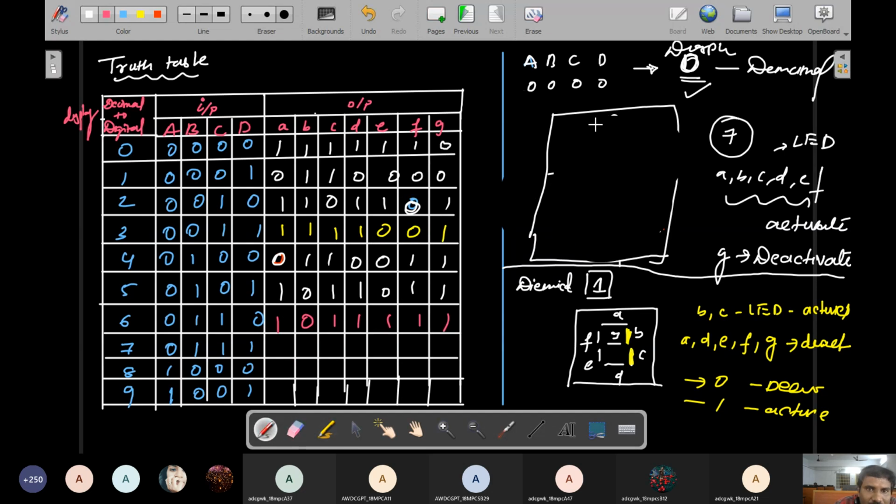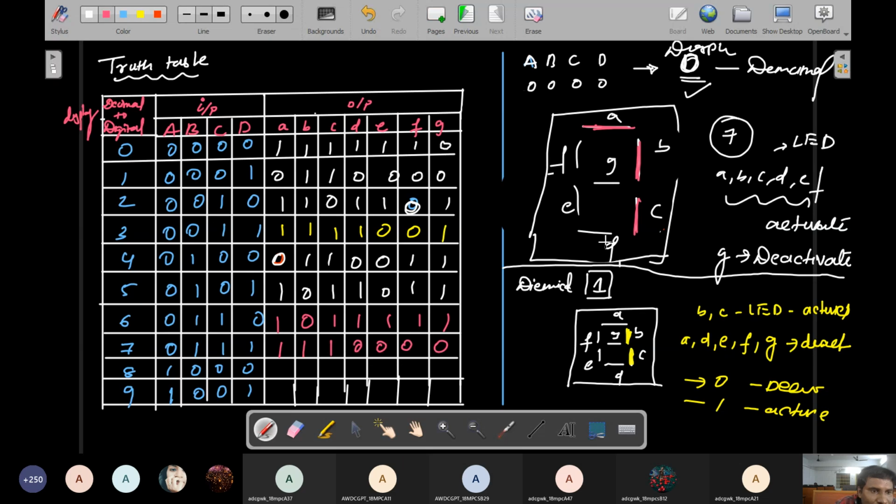If you want 7, once again I erase these things. If you want 7, actually this is a display: A, B, C, D, E, F, G. If you want 7, using the same color, see, this is activated, this is activated, this is activated. This is the 7 number. So the activation is A, B, C. A is activated, B is activated, and C is activated. The remaining are all simply 0.